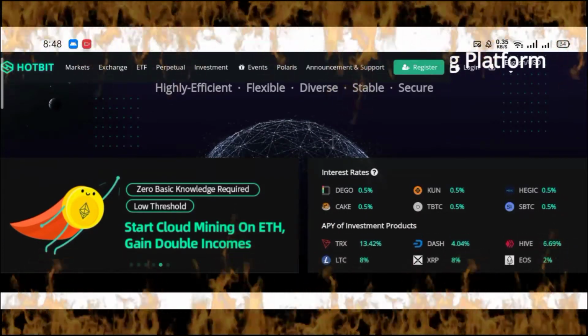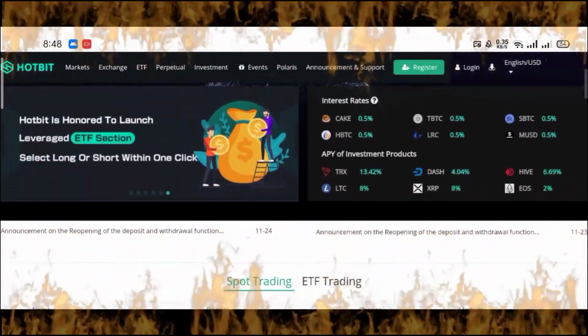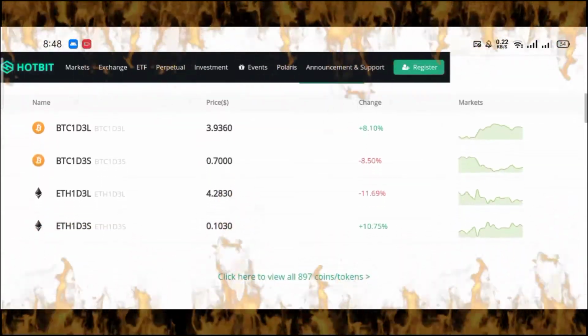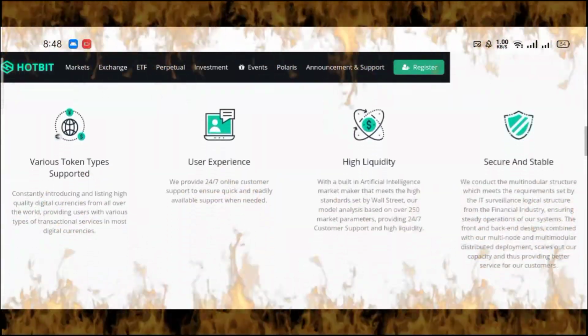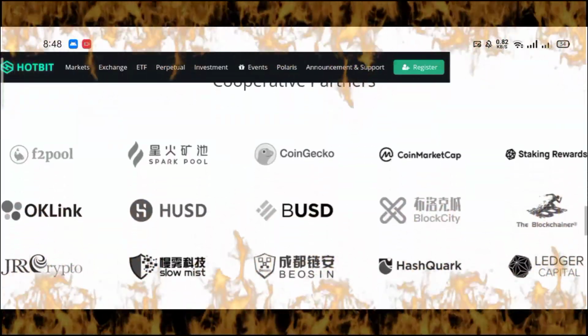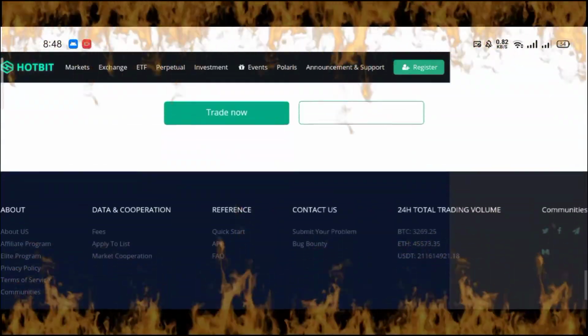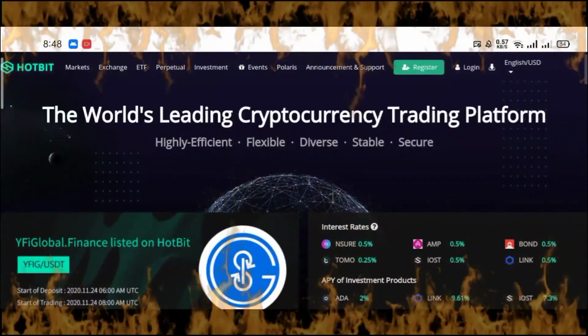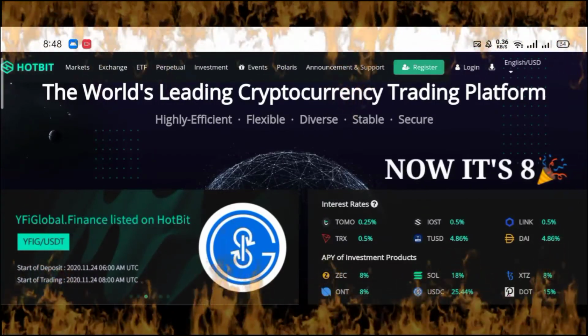Hello guys, today I'm going to talk about a hot exchanger called Hotbit. It's known to almost all of us who trade and deal with cryptocurrencies, and Hotbit started their journey in 2017. From the beginning, it has gradually become the most popular among traders, and you know that it's holding MTR, MSB and OSTRC licenses, so I don't think I have to say anything about their security and dependability. However, according to the market report, the trust score of Hotbit is 7 out of 10, but I believe the number will soon be 10.